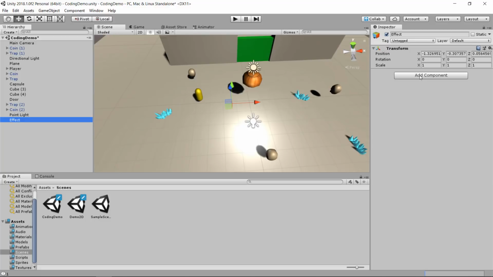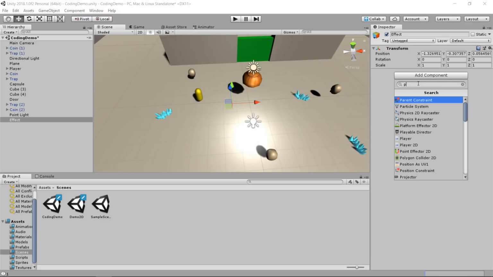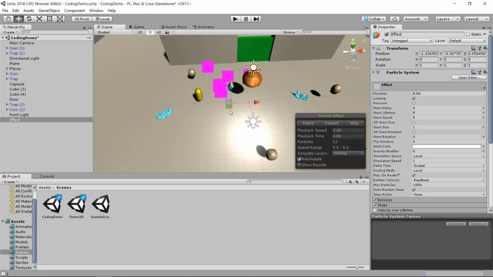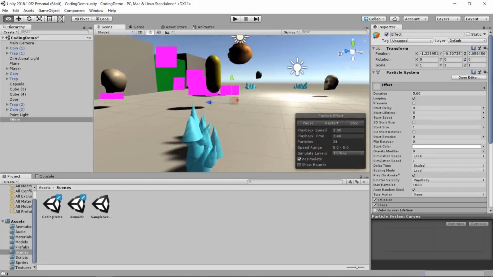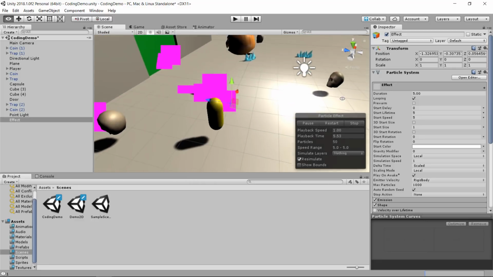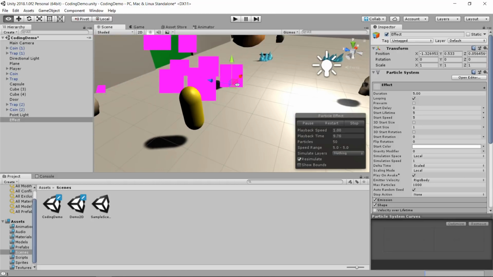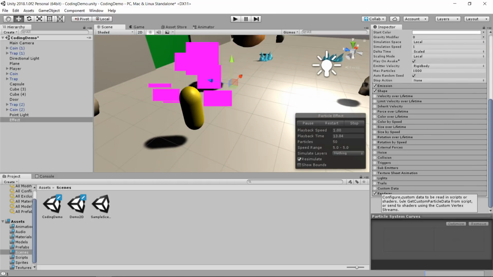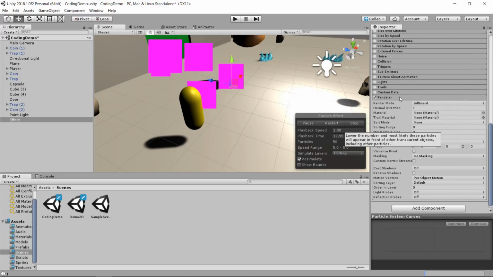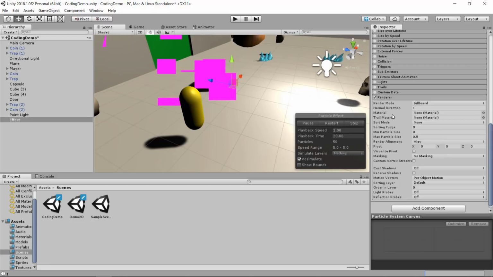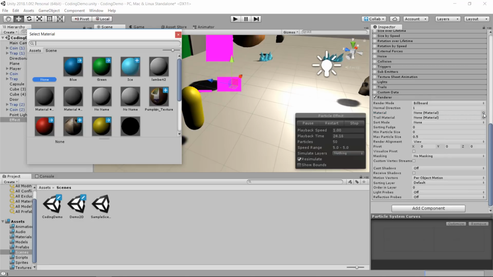And I'm going to do add component here. Add a particle system. And when you first create a particle system, you'll see that it starts off with these sort of ugly purple squares. So first thing we want to do whenever we create a new particle system is scroll all the way to the bottom where it says renderer. Click on this renderer to toggle it open, and then under material, click on the circle next to the material